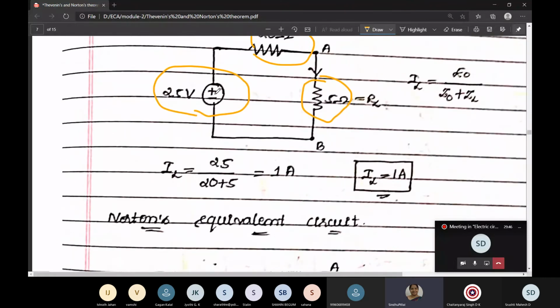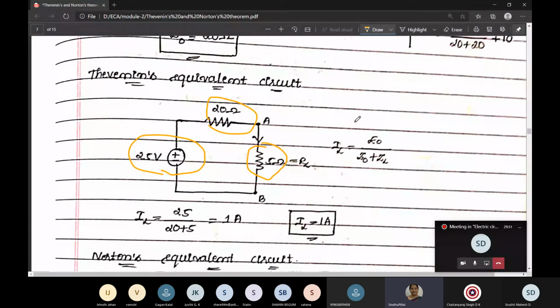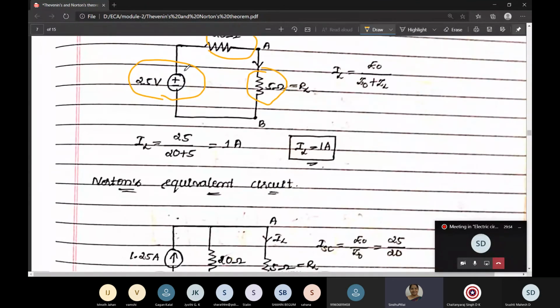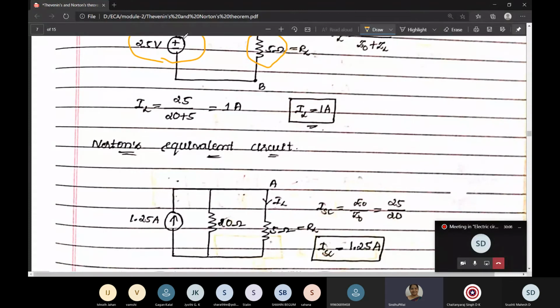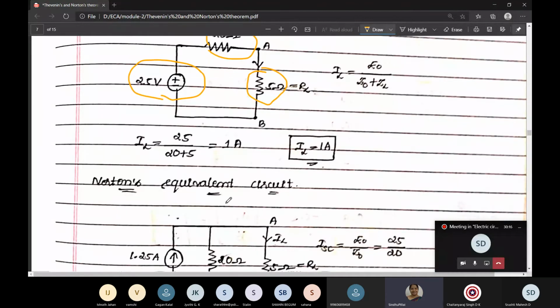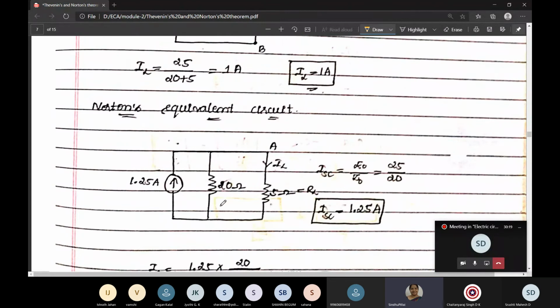And the same thing, this Thevenin's can be transformed to Norton's. Simple. Norton's is a dual. Since it is a voltage source, just do source transformation. Convert this voltage to current. How to convert voltage to current? I is equal to V by R. Norton's equivalent will be this voltage source converted to a current source. Wherever the plus sign is there, you should put the head of that arrow. Okay, direction. So it is 1.25. For the current source, this 20 ohm resistor is in parallel. So 20 ohm is written in parallel with the load resistor 5 ohm. Here also you can find out the short circuit current.